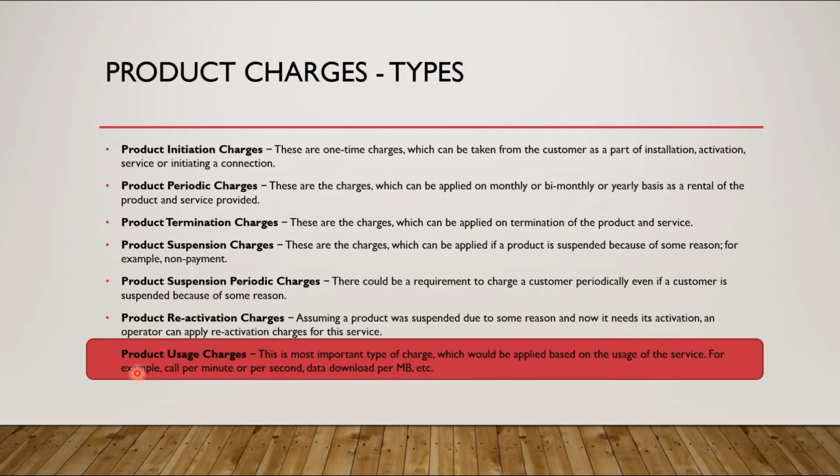Now the important charge is the product usage charge, which we will actually talk about. Usage charge means I'm making a data call, a data browsing session, I'm accessing YouTube. When I'm accessing YouTube, for sure my operator is going to charge me from some bucket which has been assigned as a product or service on my account. Those charges are sometimes per MB, per voice call, per minute, or per second. All those are called product usage charges, because I'm making some usage. This usage is reported to the system, and the system charges me either in real time in case of a prepaid system, or by the end of the bill cycle in the case of postpaid charging.